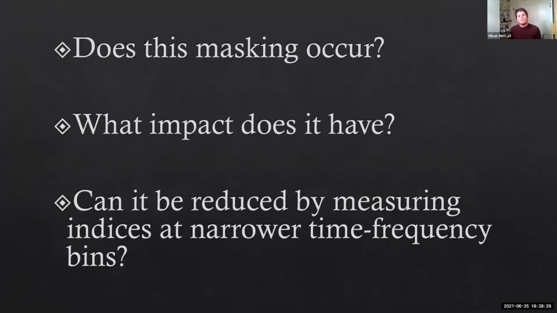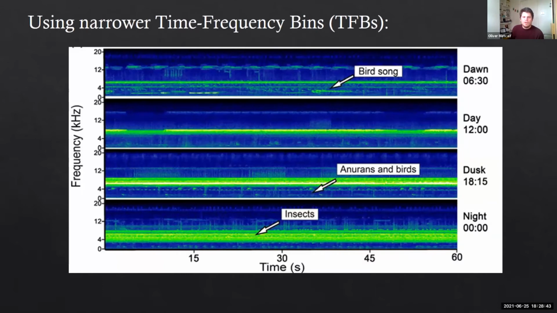So what I wanted to find out was, does this masking occur? If it does, what impact does it have? And can it be reduced by measuring indices at narrower time frequency bins that reflected the ecological niches that these species call at? So the first thing I wanted to do was determine some narrower time frequency bins to